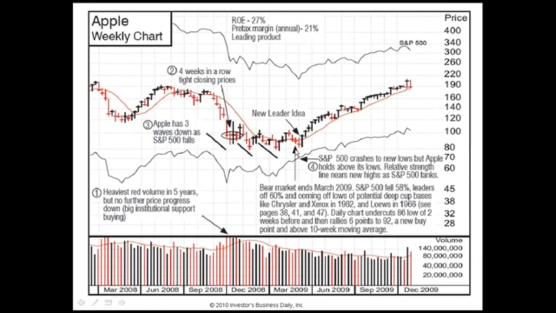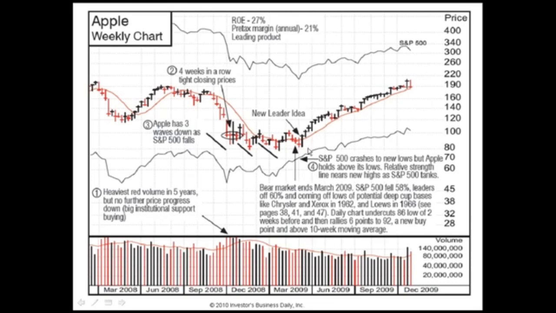Look up above. The S&P average is rolling over. It's breaking like crazy. It's making new lows. You're having a real panic. And this comes off a little bit, but it does not make a new low. So you've got a divergence going on right there, that the market itself has rolled over to new lows, but for the first time after having made 3 new lows, it doesn't make a new low anymore, and it turns and starts rallying up.